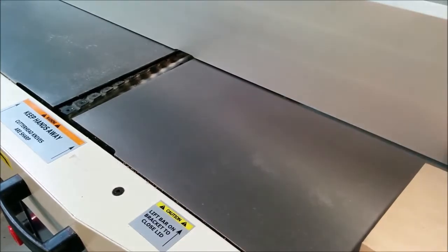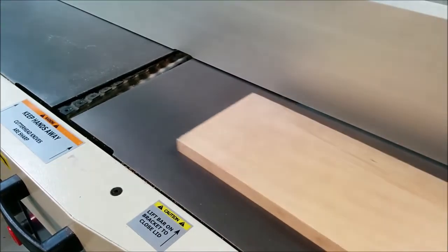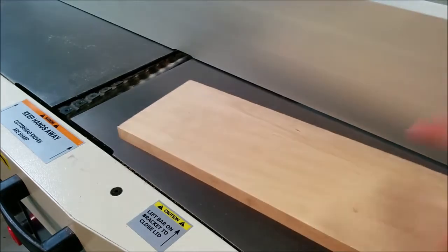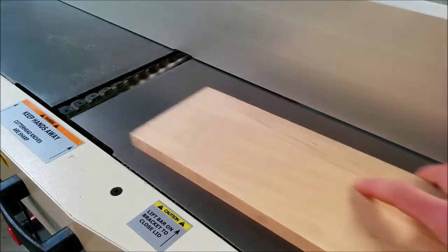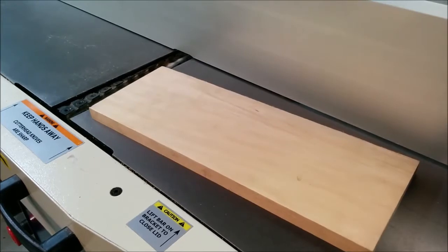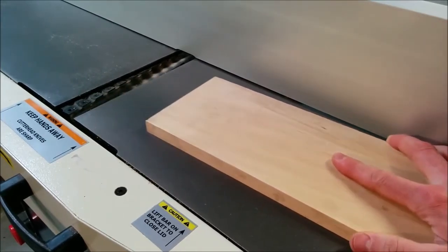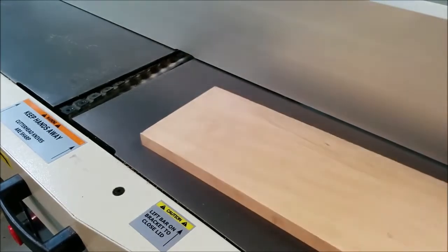There it is. It really doesn't affect how the wood slides all that much. It glides a little bit. This is a plain piece of stock, so it's fine. I imagine that this was cheaper to produce versus a polished piece of cast iron, but it's just not quite